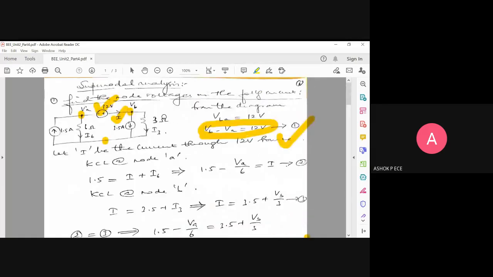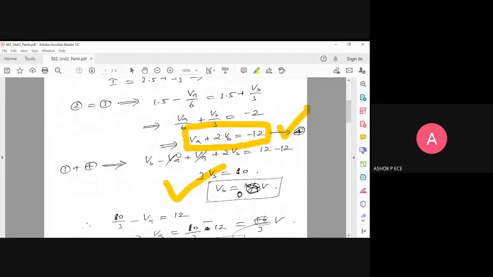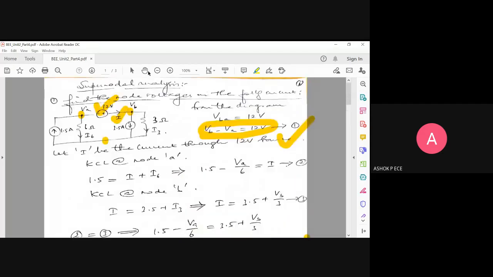You may wonder how without resistance the current is flowing. You know, a voltage source will always deliver a current, right? So that current is going to be 3.5 amperes. Okay, so that is going to be the solution. Any doubt in the problem of supernodal analysis? In the supernode, you will be getting 3 equations, but 2 equations you will be using for elimination. So effectively, you will be getting only 2 equations, 2 unknowns, solve it and get the answer. Simple. Any doubt, you can ask now.